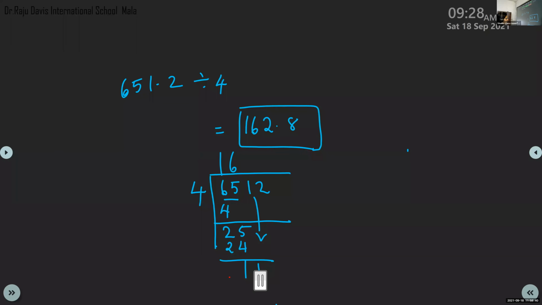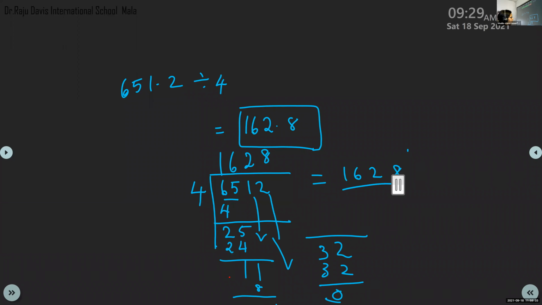4 how many times in 11? Maximum 4 twos are 8, isn't it? 8 times. Now 3 is the balance. So we have 3 here as balance. Now what is to be brought down? 2, isn't it? 2 we brought down. So 4 8s are 32. 8 times. So we got